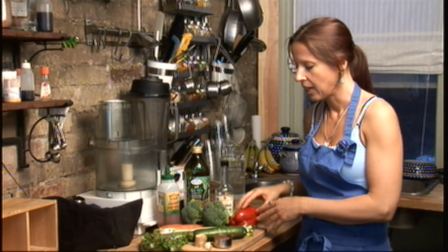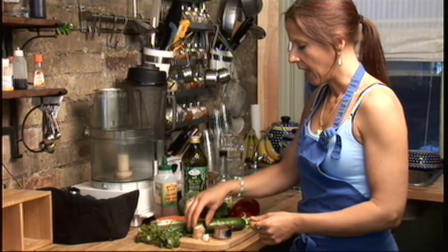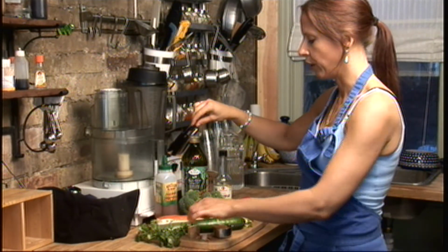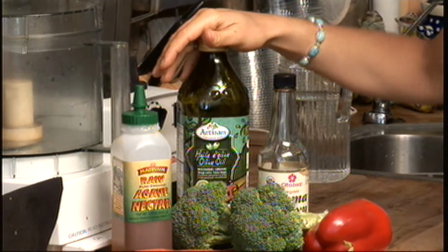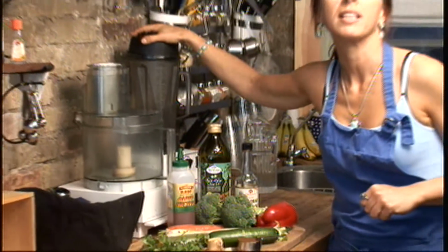And to make the sauce, I've got a 1/4 cup of the tamarind paste I just made, and some garlic and some ginger, an inch of ginger, 1 garlic clove, a tablespoon of raw agave, a tablespoon of shoyu is going to go in, 3 tablespoons of olive oil, and 3 tablespoons of water, all together in the blender to make the sauce, which